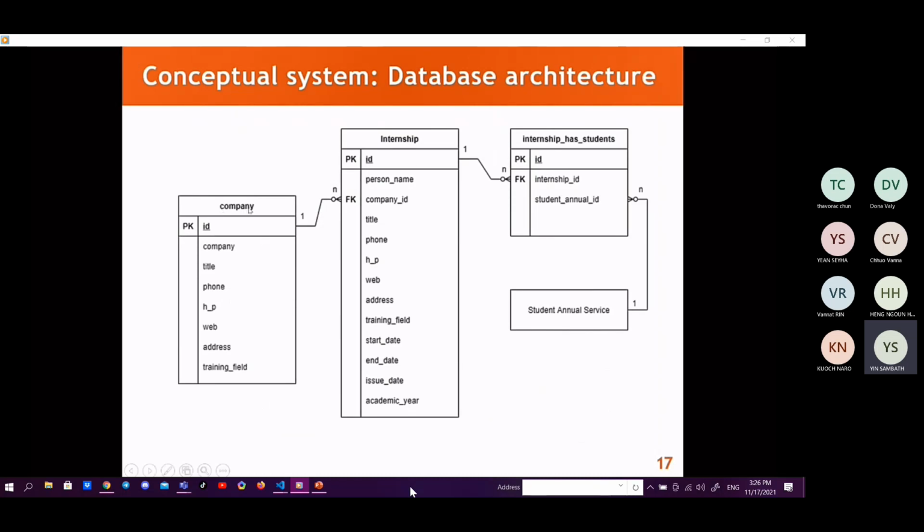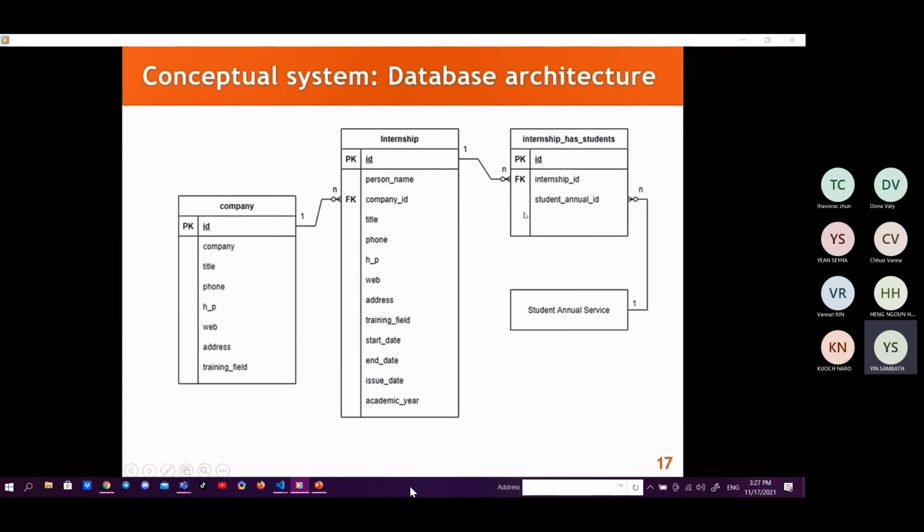In the company table, we have fields like ID as a primary key, company name, title, phone, headphone, web address, and training field. In the internship table, we have ID as a primary key also, person name, company ID as a foreign key, title, phone, headphone, web address, training field, start date, end date, issue date, and academic year.